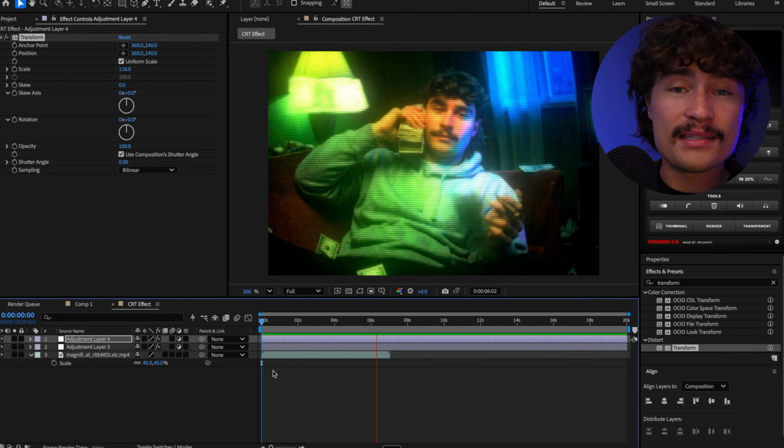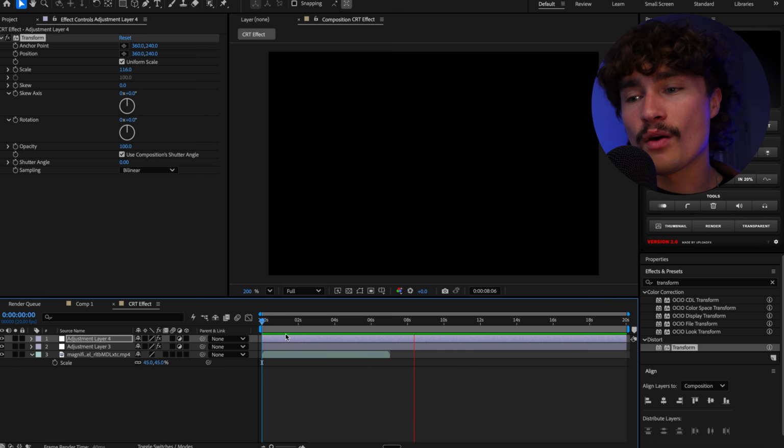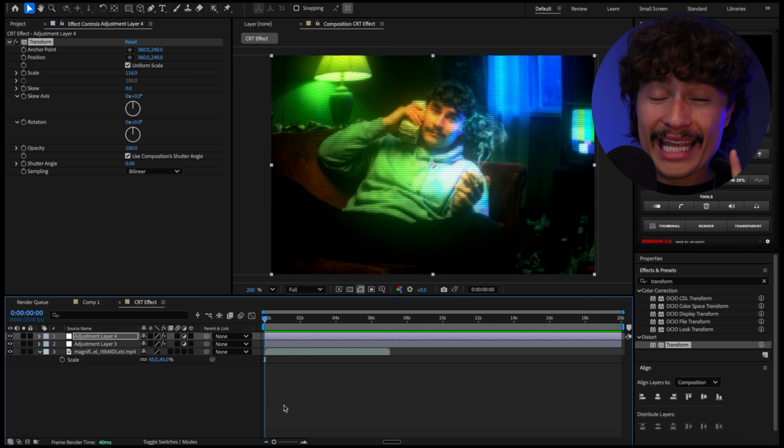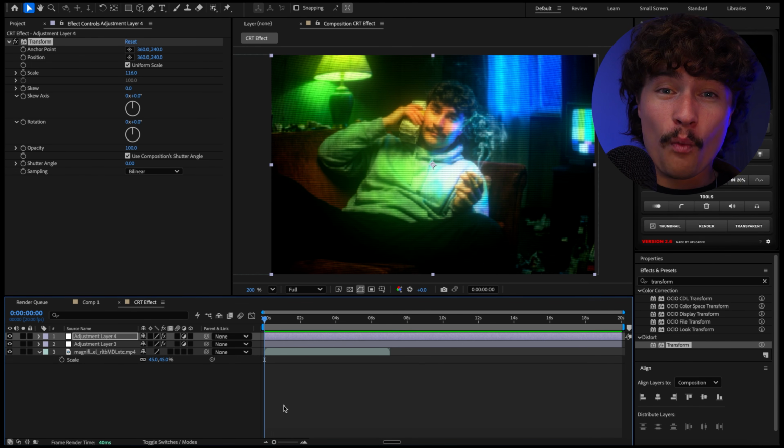Now, all of these settings that I've just shown you can be adjusted depending on what clip that you use. I advise you go back through and tweak them, see what works well for your specific scenario, because the lighting, the angles, the colors of your video will be different from mine, and therefore changing the settings will definitely give you a better result. If you want to take this one step further, what we can do is we can